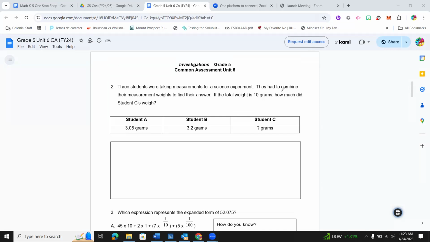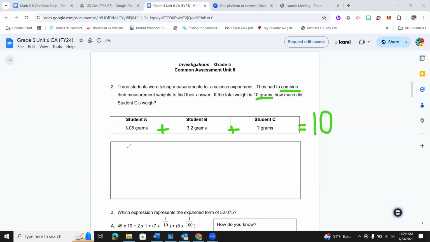So we know that we have to combine. So I started thinking, well, I need to know this. This is the one I don't know. I know the first student and the second student, and I know the third student's has to all together equal 10. Okay. So now I'm going to have to figure out the difference between these 2 students and this final answer